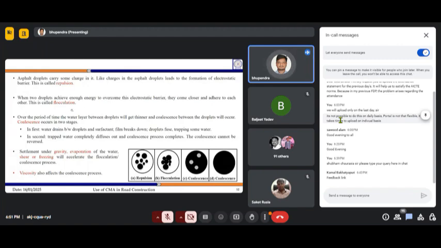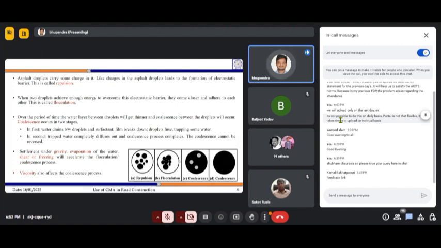Then slowly, over a period of time, when the emulsion is kept still at a point, these charges get depleted, and then the droplets achieve enough energy to overcome the electrostatic barrier, because it has weakened now. So they overcome it, come to each other and form a group together. That is the second stage, which is shown here. You can see they are still not merged with each other, they are just adhered very closely. This stage is called the flocculation stage.